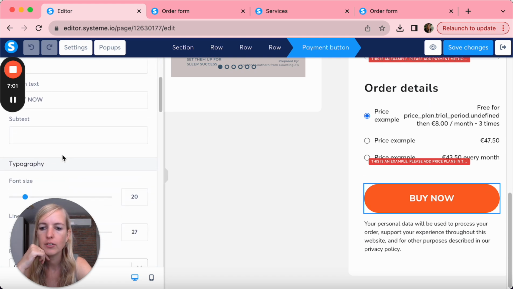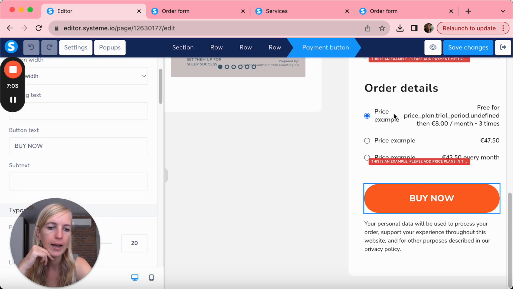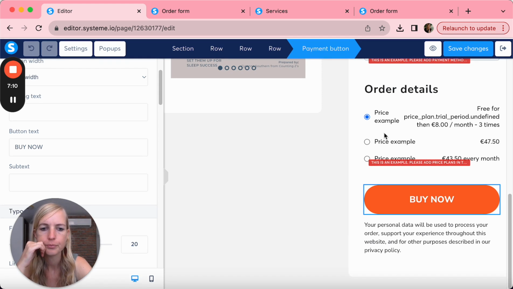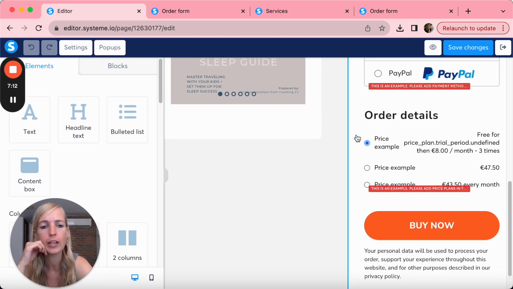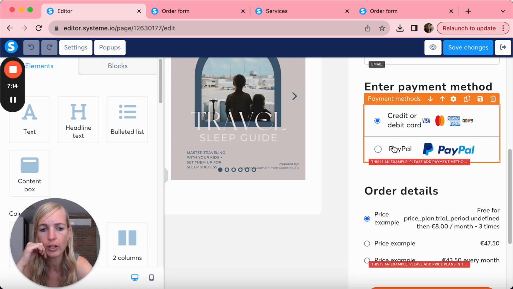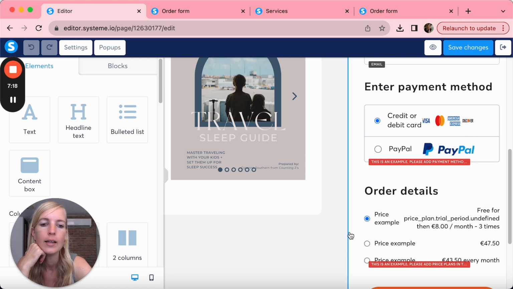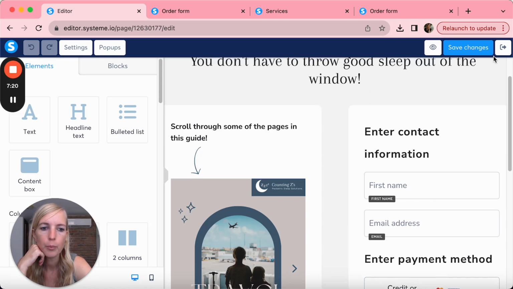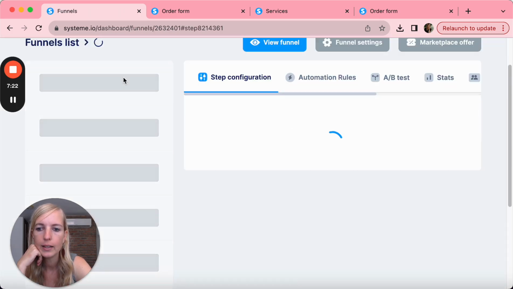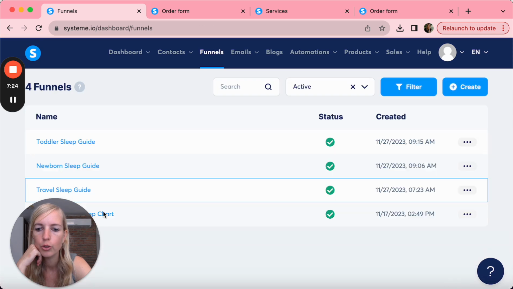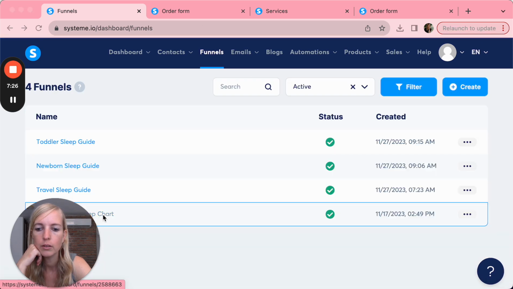So in this case, it's very clear. They click on buy now, so they've paid. And I'm going to show you how they're going to be added to your contact list. They're going to be automatically added, and they're going to be connected with your payment if we set that up. And I'm going to show you how to do that. But for example, if we're going to go back and we would go to this one,